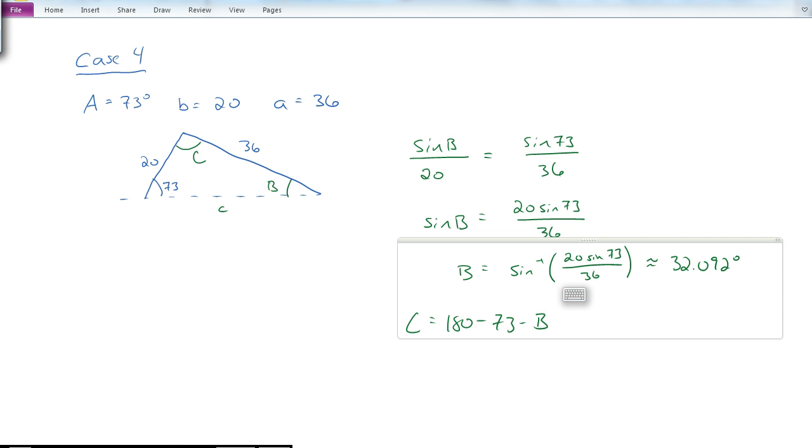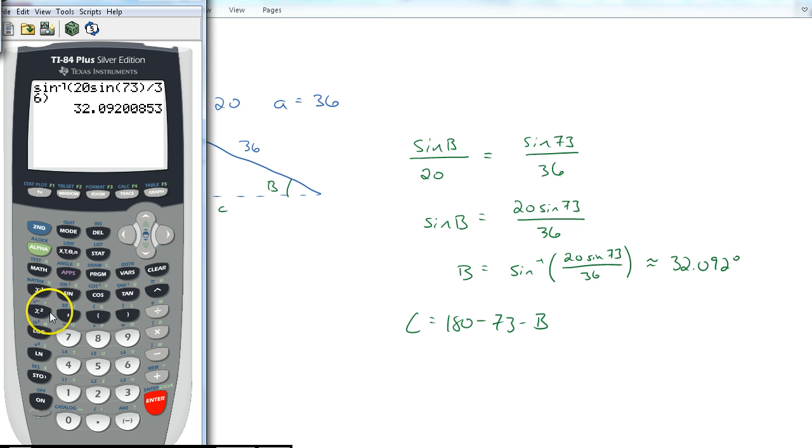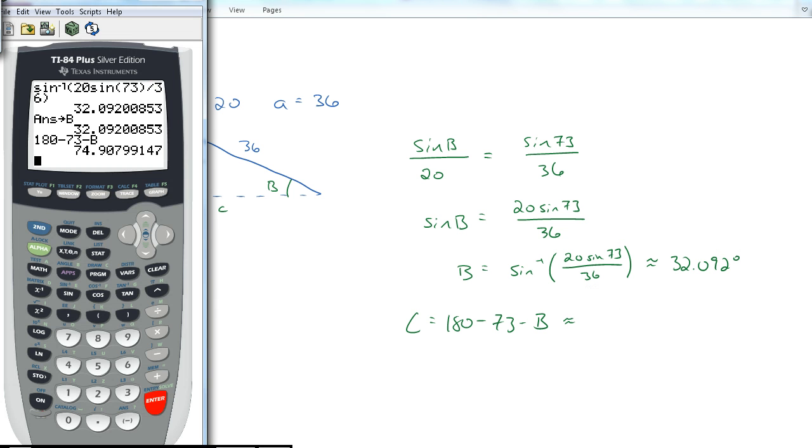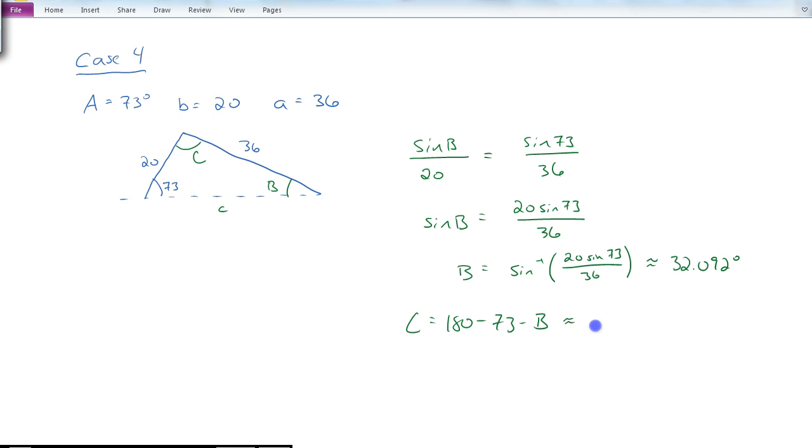And then angle C is equal to 180 minus 73 minus B. I can find that out right now. If I store this as B, notice that B used to have something else in it. Now it's occupied by this. Okay, so 180 minus 73 minus B. And again, I'm using this stored version of B so I get all the accuracy I can get out of my calculator. There's no such thing as sig figs here because there's no measurements. That number is 74.908